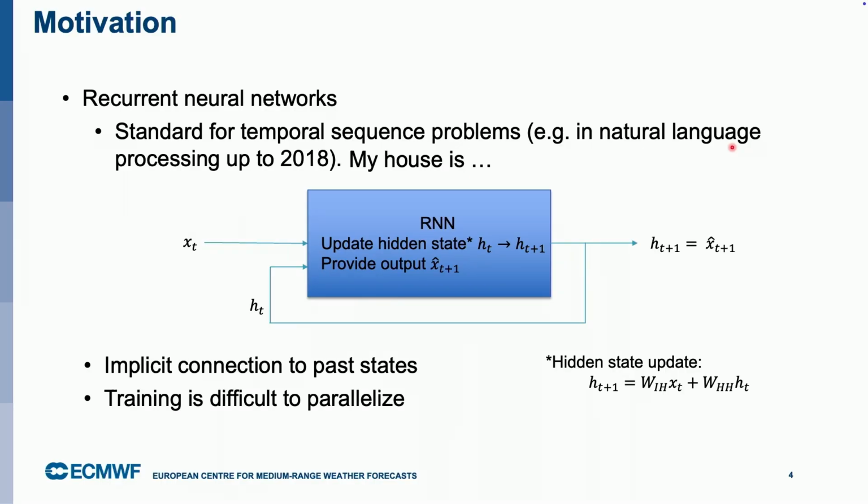So this has two properties, basically. A recurrent neural network has an implicit connection to past states. In theory, a recurrent neural network can remember everything that it has aggregated over the past. If you start the recurrent neural network and walk over a sequence, it has in principle the capacity to remember each individual bit that it has been confronted with. This connection, however, is very implicit. It's somewhere in the hidden state, and it's pretty opaque and hard to understand what kind of information is represented in this hidden state.